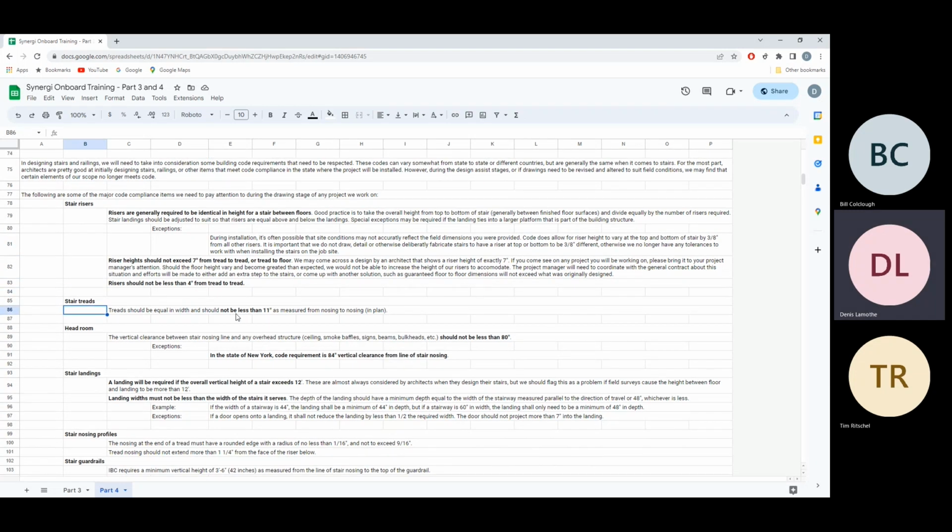Stair treads, typically when seen in plan, are no less than 11 inches nosing to nosing. And that's pretty much a standard. Sometimes you'll see 12 inches, but for the most part, 11 inches is a standard that pretty much all architects will use. There is an